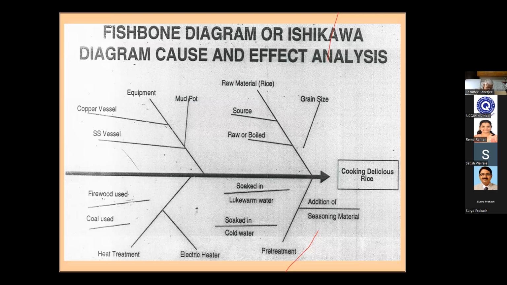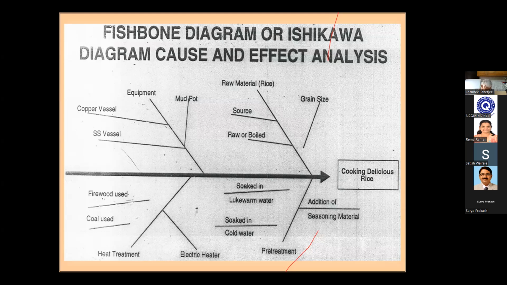Finally we give one more, the fifth one. With that we'll close. Okay, one more. You give. No, yours was not complete. Tell me, one more. Rice, sir, 80%. Okay, so we need cold water 10. Then heat treatment and equipment 5, is it? Yes. So equipment 5 and heat treatment 5. So 100. Okay. Now let's see what is the variation you are getting.